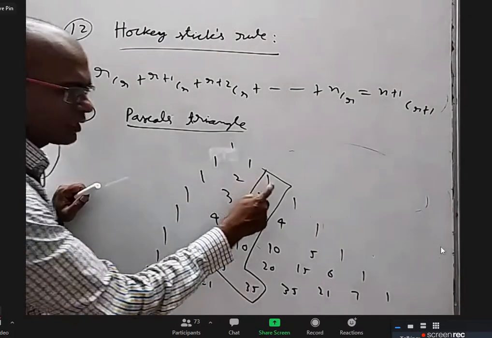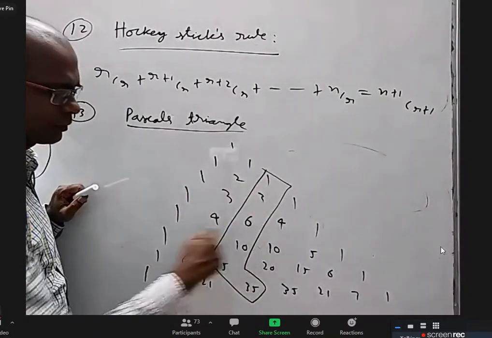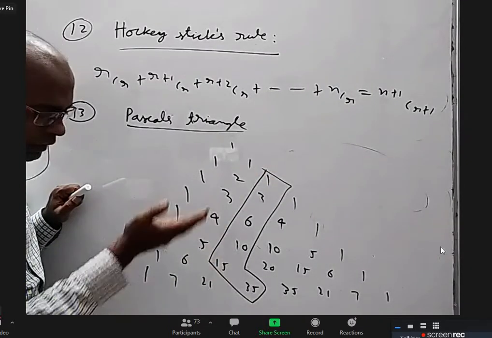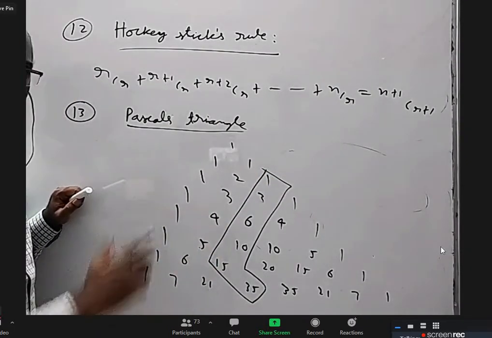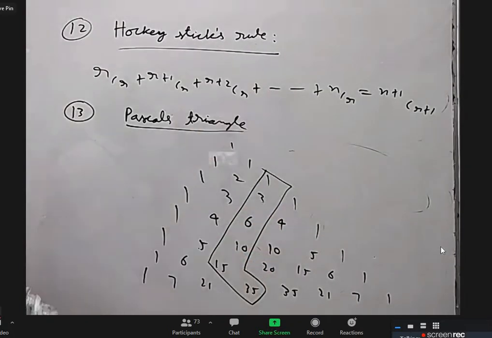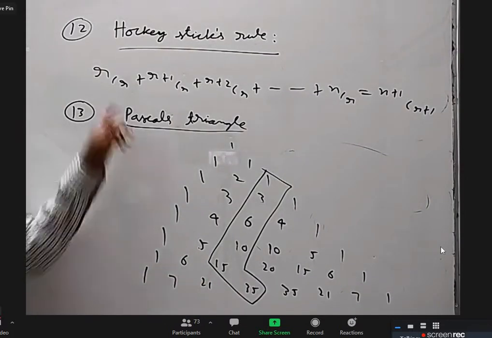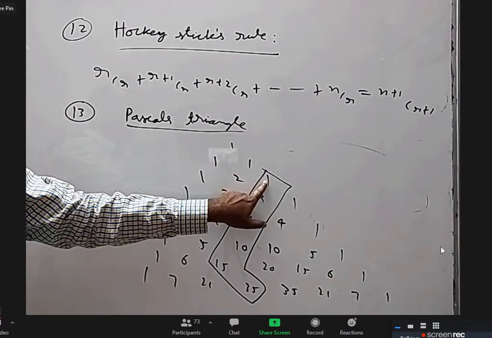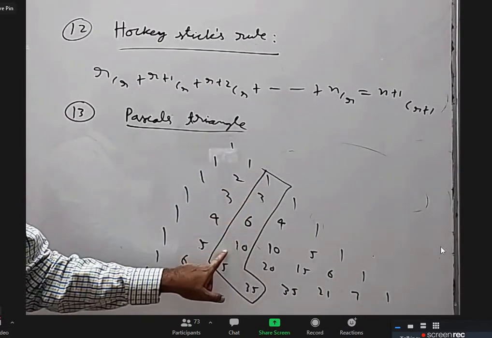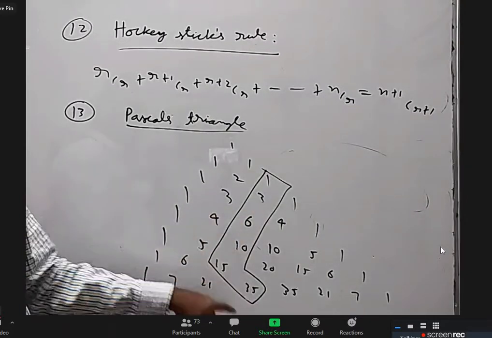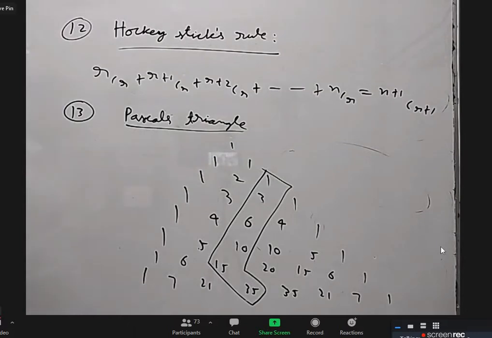So that means you add the third element here, third element here, third element here, third element here. You can add up to whatever you want. All the third elements, wherever you stop, in the next row you will get the fourth element. Or if you take the fourth element, fourth element, fourth element, even till 100 rows, in the 101st row you'll get the fifth element. This is exactly our formula: rCr plus (r+1)Cr and so on, that is 2C2 plus 3C2 plus 4C2 plus 5C2 plus 6C2 is equal to 7C2. Is it clear? Okay.